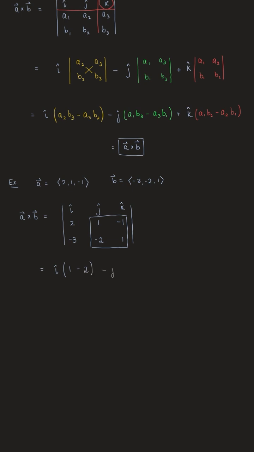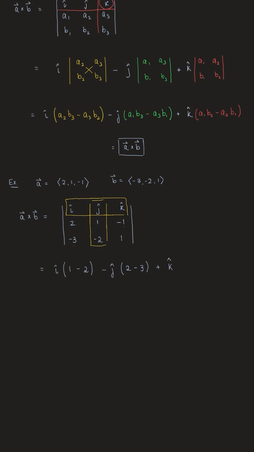Now we have minus j hat, and we isolate the column and row containing j hat and calculate the 2 by 2 determinant that's left. And that's going to be 2 times 1, which is 2, minus negative 3 times negative 1, which is a positive 3. And finally, we'll calculate k hat,